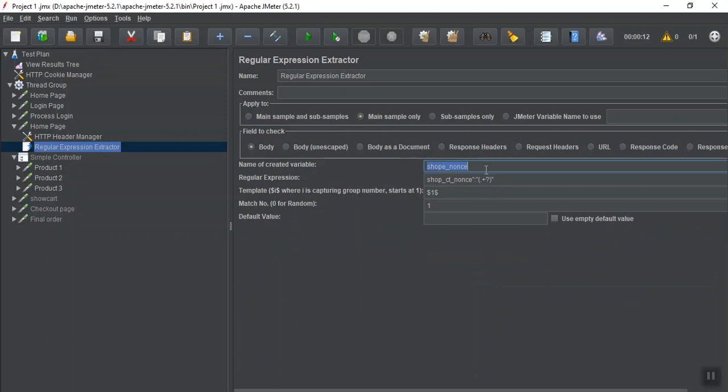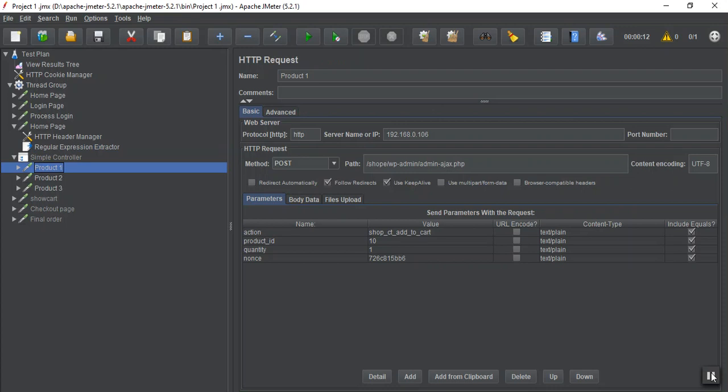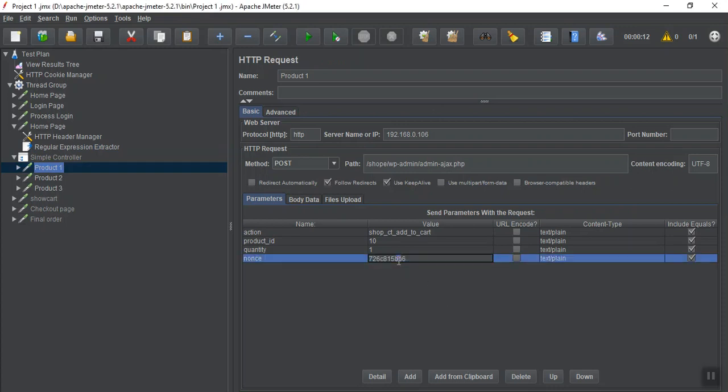Copy it, go to product 1 and provide the variable name as dollar brackets nonce. Copy it, go here, put this also, put here, and all the 3 products I have changed.